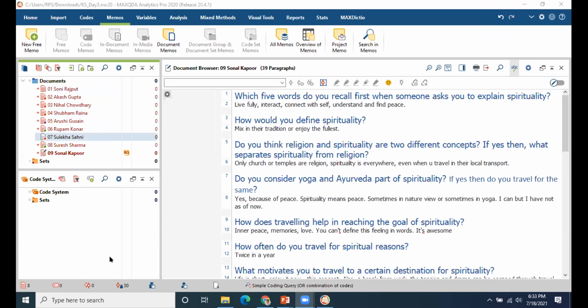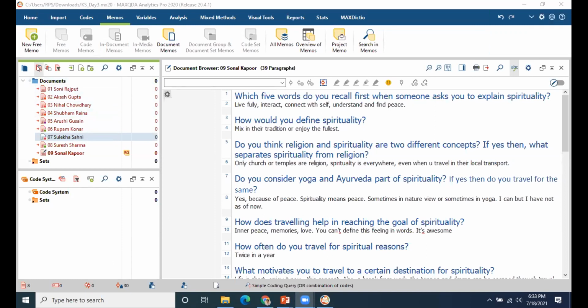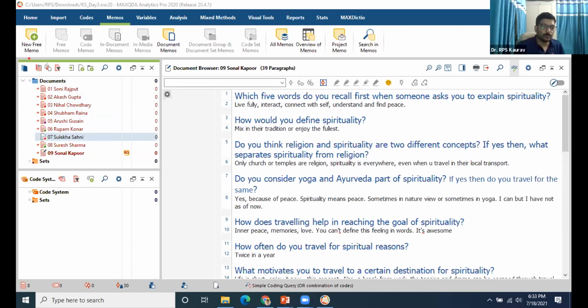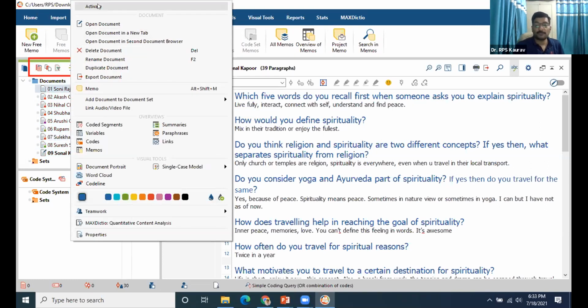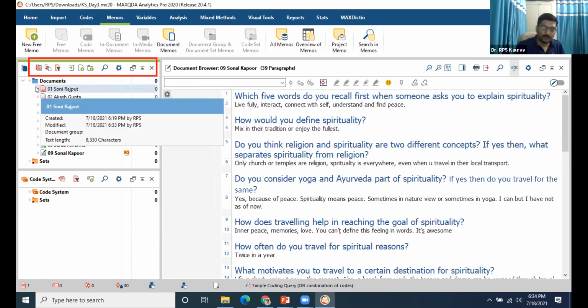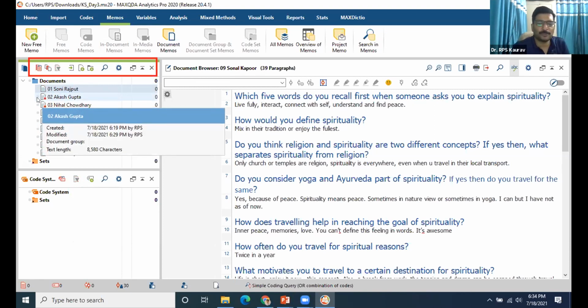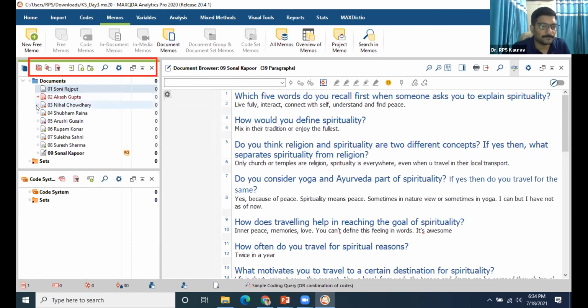Activating a document, that's very important. Allow me. If you see the first icon on this toolbar, just click it there and everything will be deselected. If you right click on a document, the first option is activating a document, and you will find the color is changed. A small arrow comes before this document. And there is a small dot which might not be visible on my screen, but if you have the software open on your screen, you can click here just before a small icon to this, and